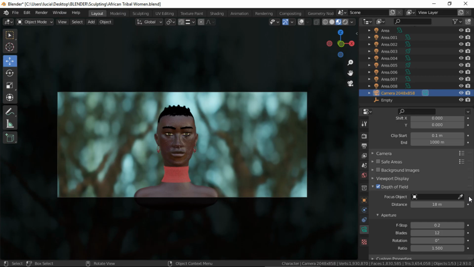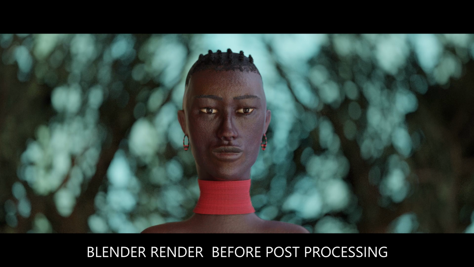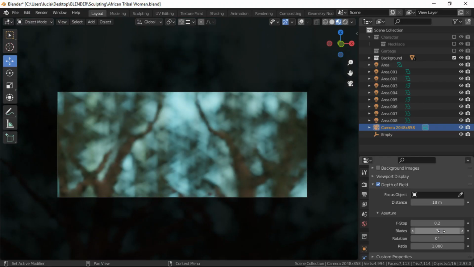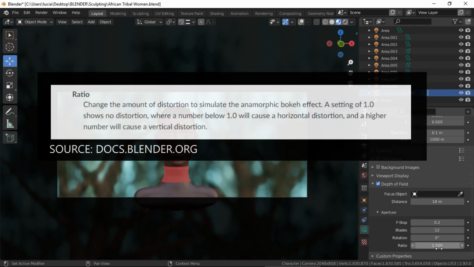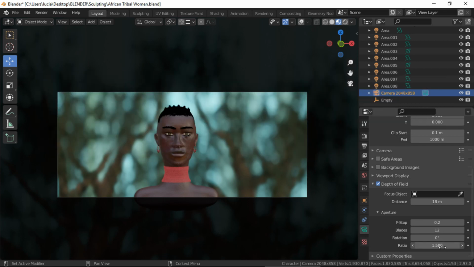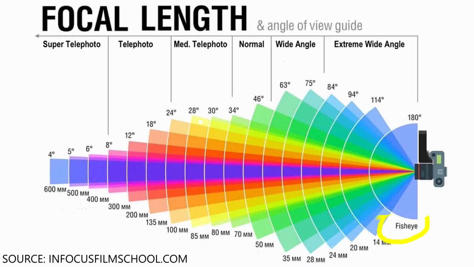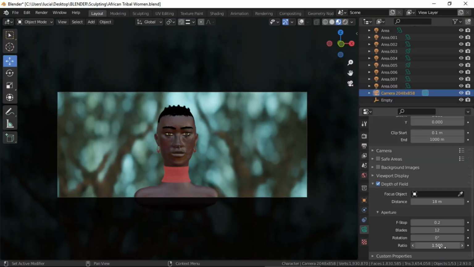Now I'm going to show you my camera settings for this 3D render, and then I'm going to show you other interesting options. To achieve this distortion, we need to be in Cycles and change our lens to fisheye equisolid and control the amount of distortion with the ratio. I know that a fisheye wouldn't be our first choice when it comes to portraits, and a 100mm fisheye is basically an oxymoron, but that's how I got the distortion. Then a really unrealistic wide aperture to get a really blurred background, and I just chose 12 blades.